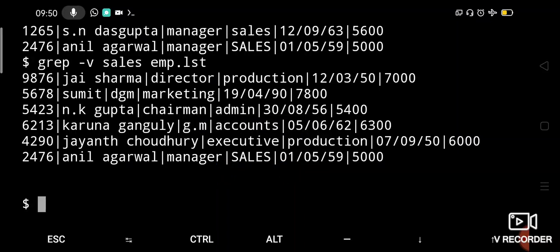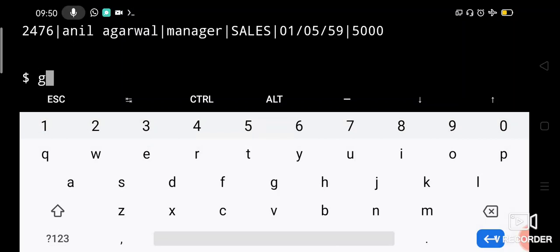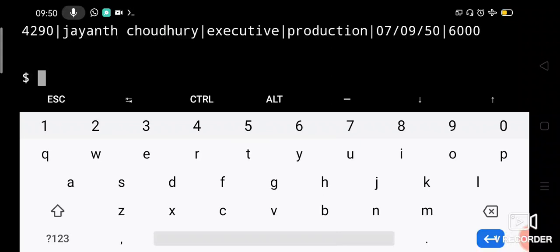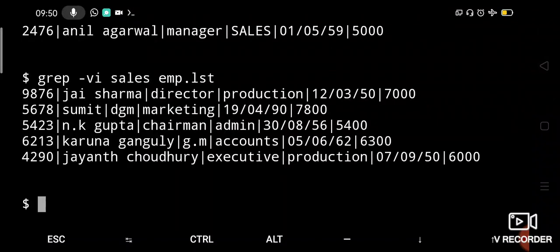So you can ignore the case also. Let us say grep -v with -i sales from emp.list. Now you can check that capital Sales is also not displayed. Okay, that is how you can delete.